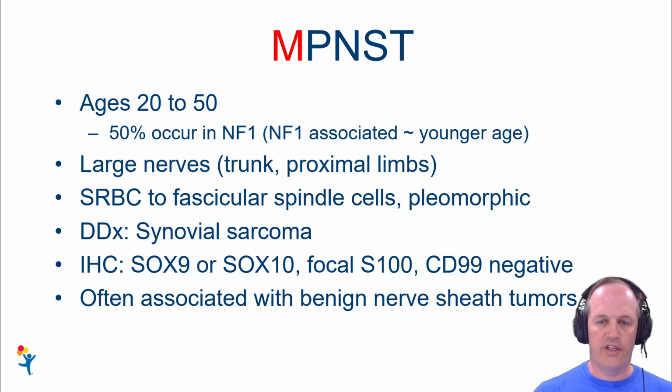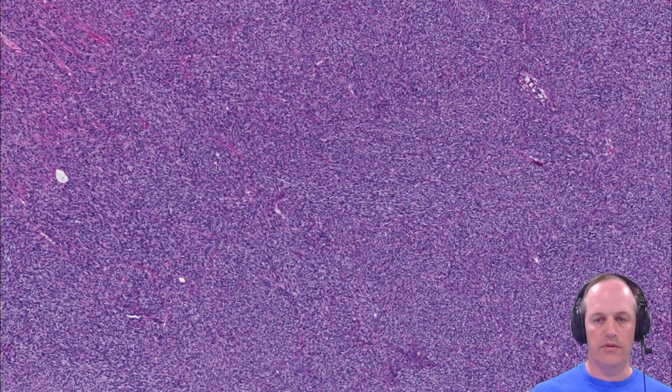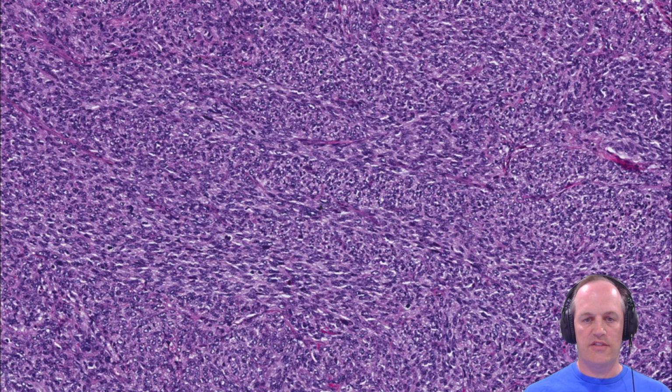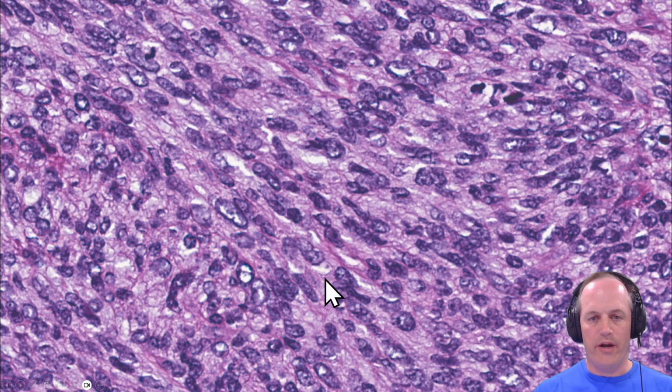Histologically on the H&E, the thing that's probably most helpful is if you can find the lower grade atypical neurofibroma component to these tumors, that's going to be a great clue to how it arose. So here's something, again, low power, super purple, right? Now as we go higher power, we start to see, as opposed to that storiform pattern we saw in synovial sarcoma where there were short curved fascicles, these tend to be longer, straighter fascicles that are intersecting in almost layers here. A little bit different than that storiform pattern we talked about. And you can see at higher power,